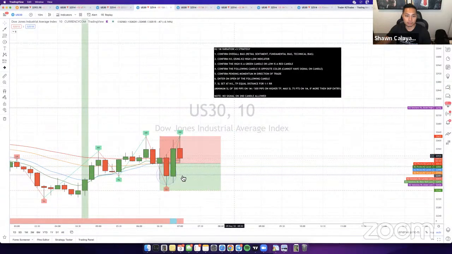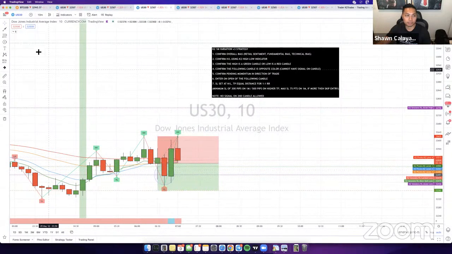So the 10-minute here, this is exactly why I wouldn't want to take a trade, right? I'm sure this has happened to you guys a lot where you take a bad trade, praying that it'll come in at your TP. Look where price hit. It would have hit the stop loss and then come right back down in TP.